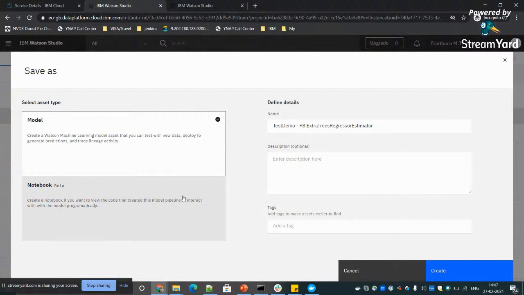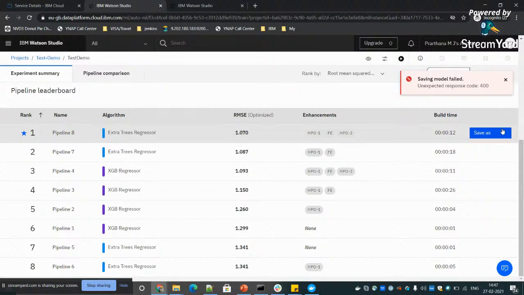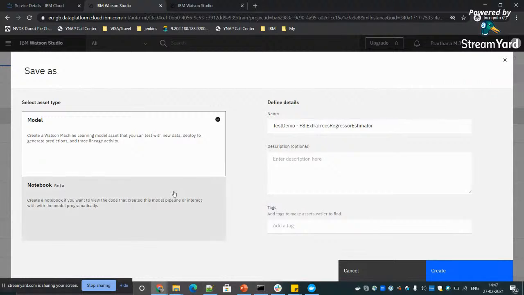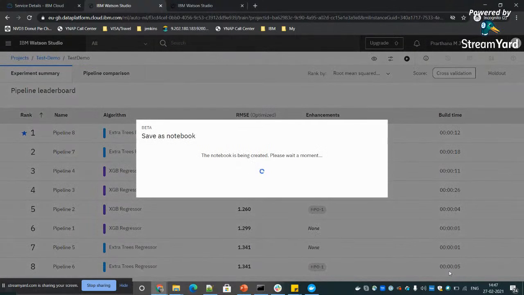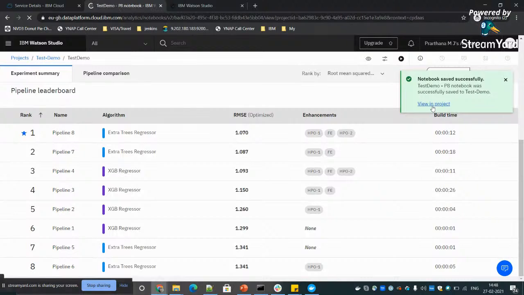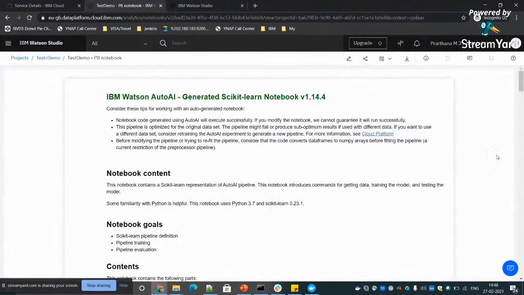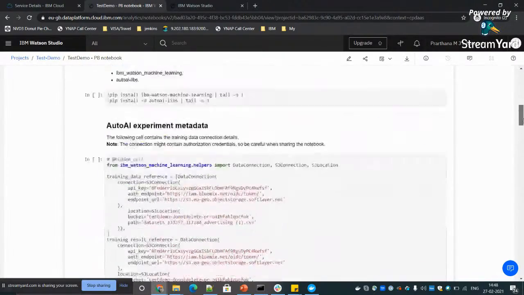Here it will ask for two things. Either you can create a Watson Machine Learning asset with this data as well. So I'm just trying to create it. Okay, there was an error. Just create a notebook out of it, and then let me promote it to a space. So in case you see here, I've tried saving it as a notebook. It gives you the detailed steps which it has followed,